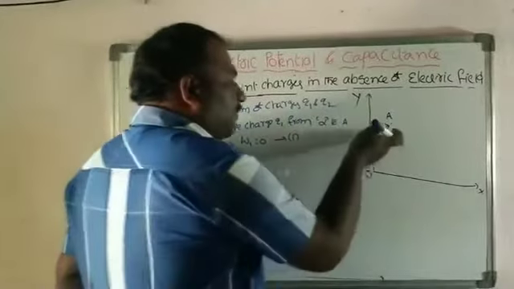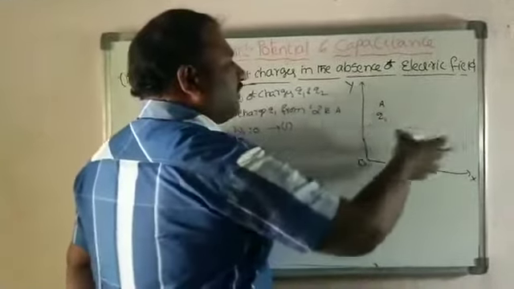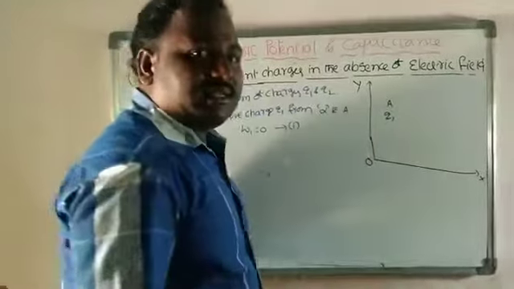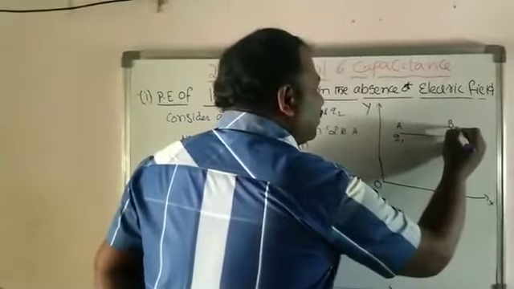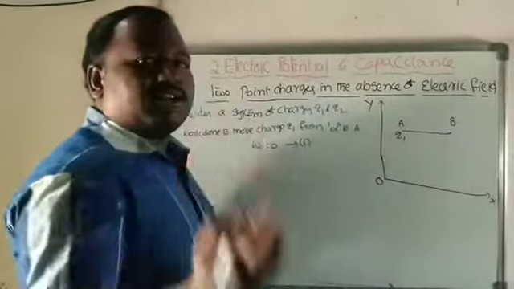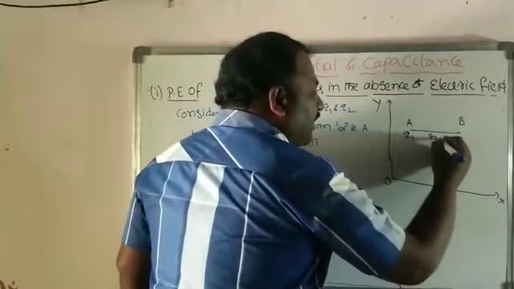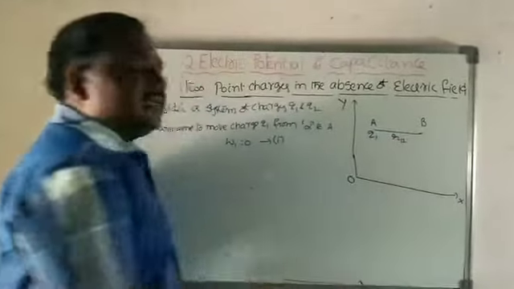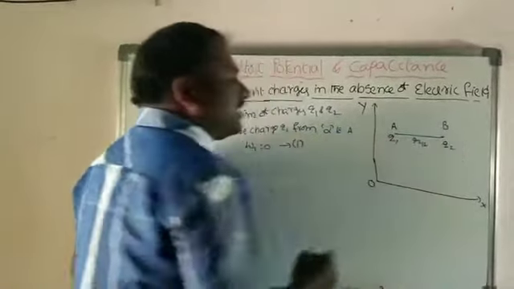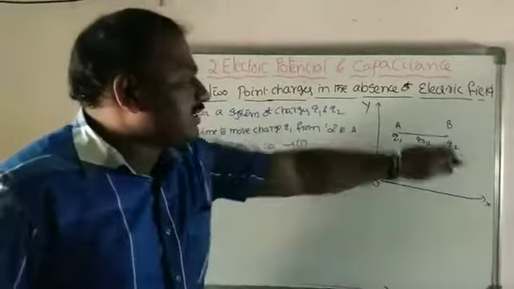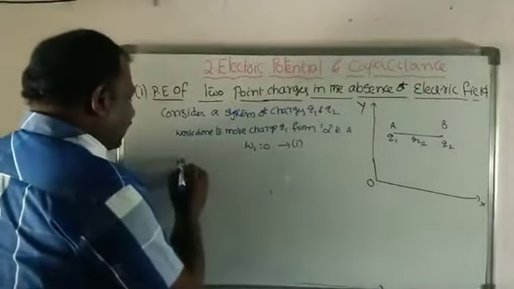And next, when we place the charge Q1, due to this charge Q1, an electric field is formed in this region. Now we have to move a charge Q2 from infinite distance to the point B. This point B is at a distance of R12 from the charge A. Now when you want to place the charge Q2 from infinite distance to that point B, then work done